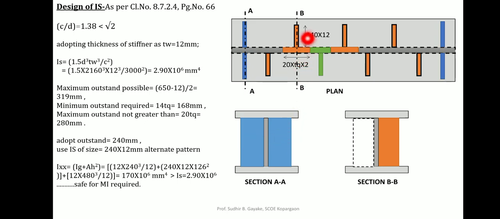And if you consider the example of section B, here the stiffener will be provided only from one side, and this is the alternate side which is provided next to next span. So likewise alternate fashions will be there, as almost this particular one has the greater requirement. There is no requirement of providing stiffeners on both sides as the loading is not acting. So in short, from this figure, the blue color lines are your end bearing stiffeners, and the rest of the interior green and orange are your intermediate stiffeners. So likewise the design for intermediate and end bearing stiffeners can be completed.